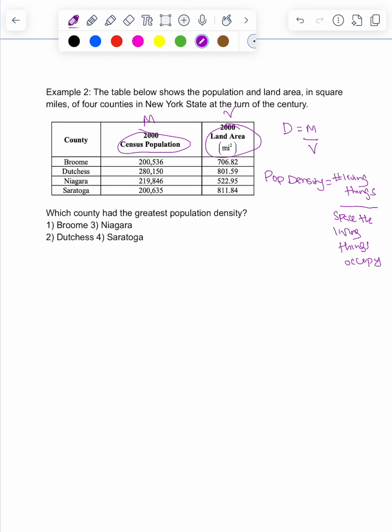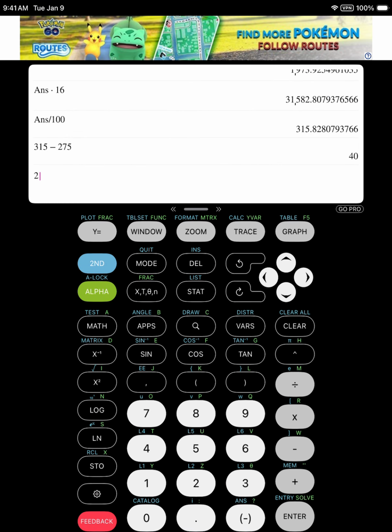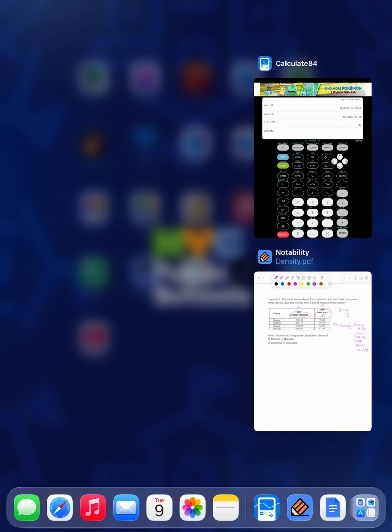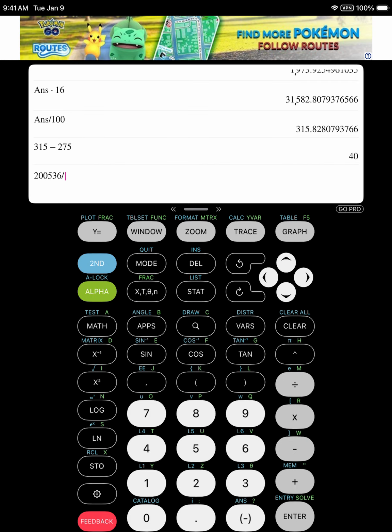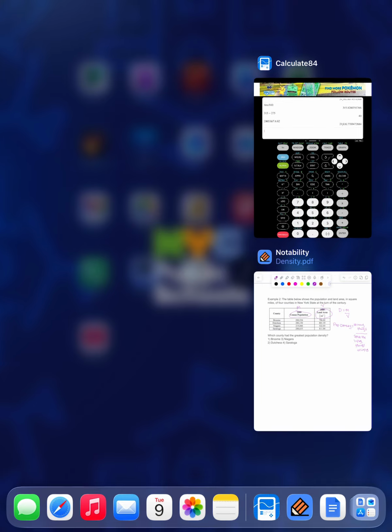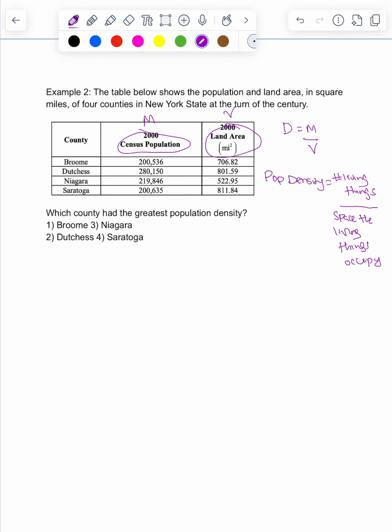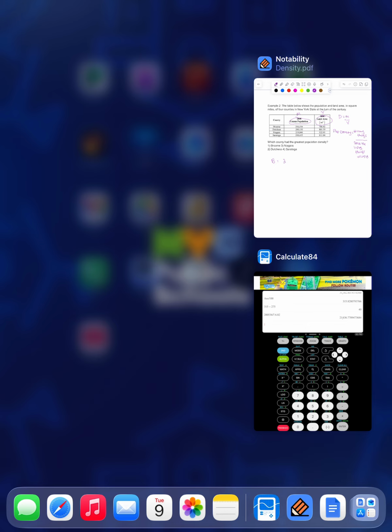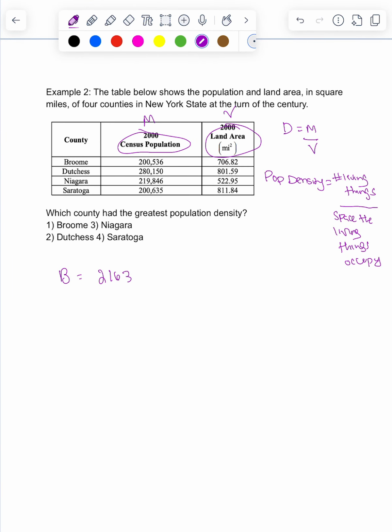So I'm going to do Broome first. 200,536 divided by, I can't remember these numbers, 706.82. And that's the population density, 21636.8. Just going to make a note of that. Just going to write Broome 21636.8. Okay, now Dutchess,